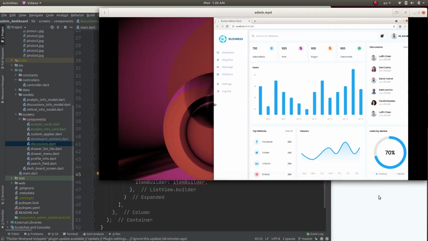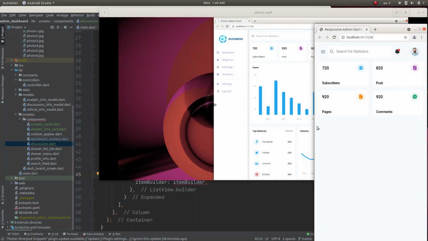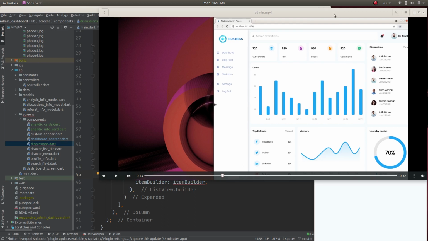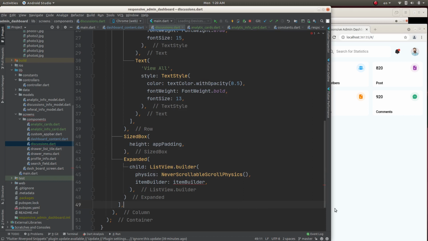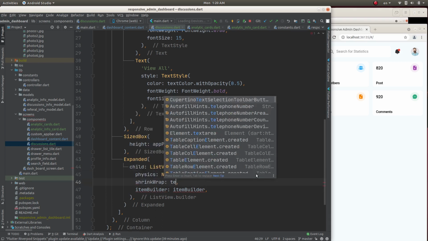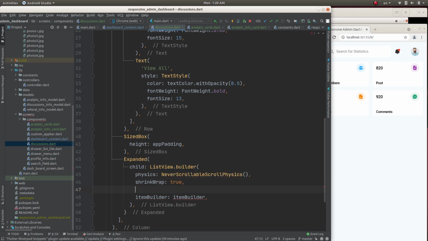Okay, let me explain what I am saying. When it is in mobile screen, if this widget takes this whole screen, if a screen size of mobile is too small, it takes the whole screen, and two horizontal scrolls will be overlapping each other, so that will cause an issue. Okay, so let's make that not scrollable. Let's give a shrink wrap to true, and the item count will be